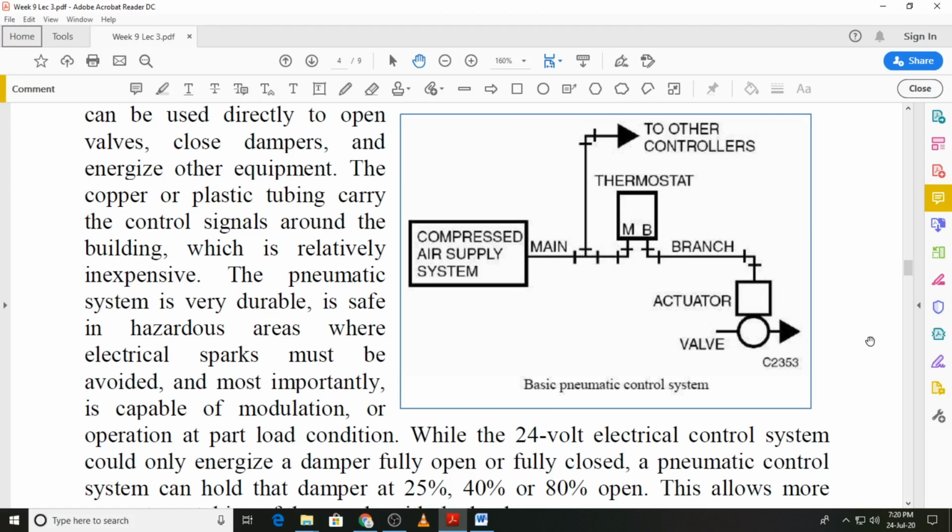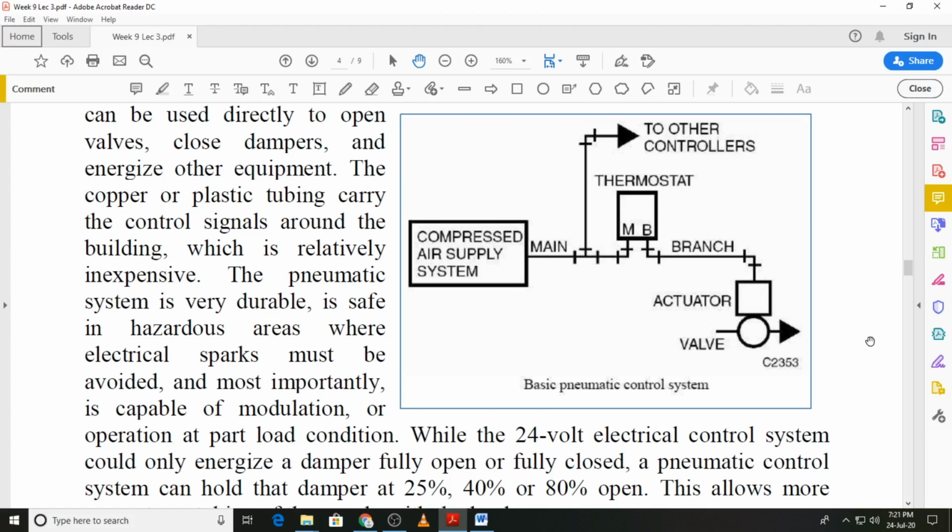And it is also capable of modulation, that is, with variation of the variable that you want to control, the compressed air's pressure can also be varied, and that will be quite useful for